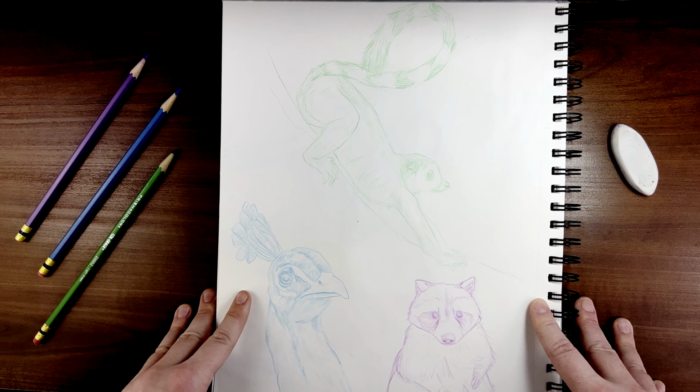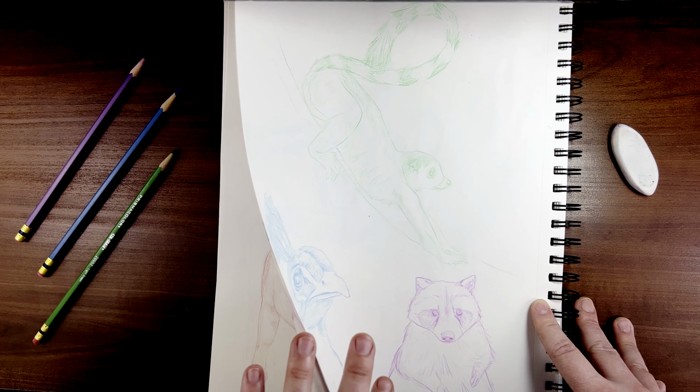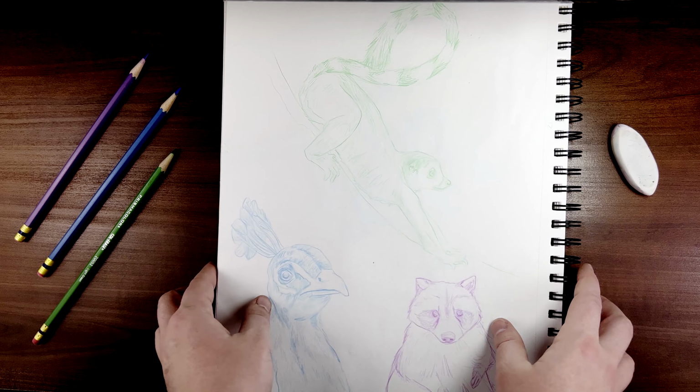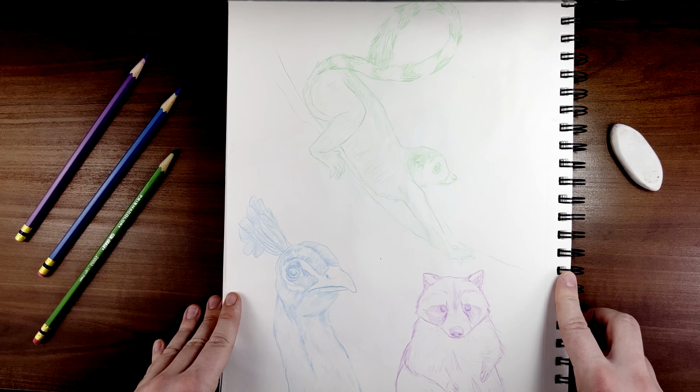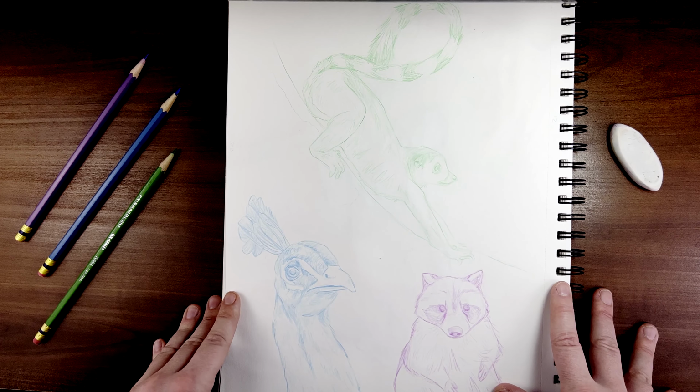I like to fill it up as much as I can, and you'll definitely see that eventually when I give you the whole sketchbook tour of this drawing. Plus, it's such a big sketchbook. This is, I think, 9 by 12, and there's a lot of room to